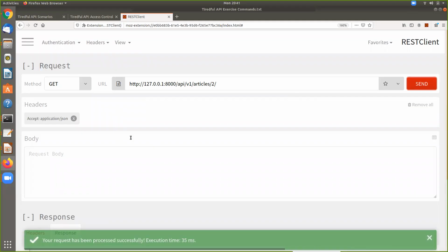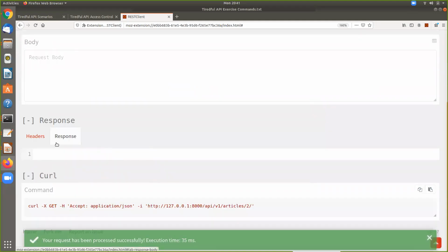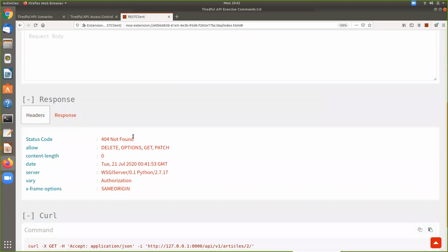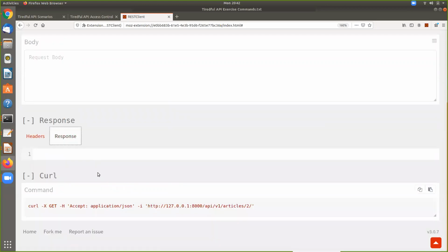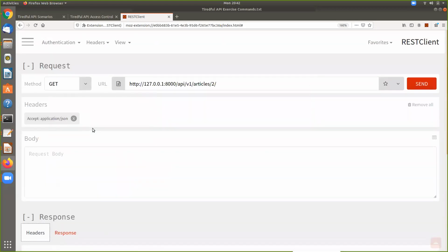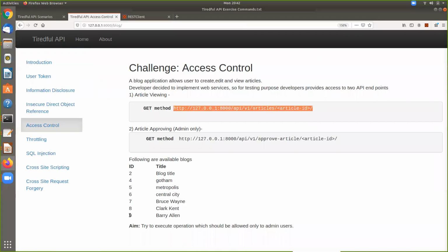I send that, and oops, yeah, if I look at the headers, here's a telltale sign, 404 not found. Remember, just a moment ago we were getting 200. It was an acceptable request, and the response, it's just gone. It's not there anymore. And again, we are not using an authorization token. We haven't used an authorization token for this whole example. Yet we have the ability to just delete whatever we would want out of these original article IDs.